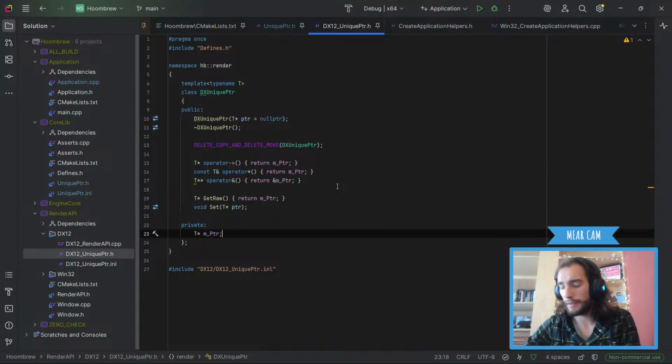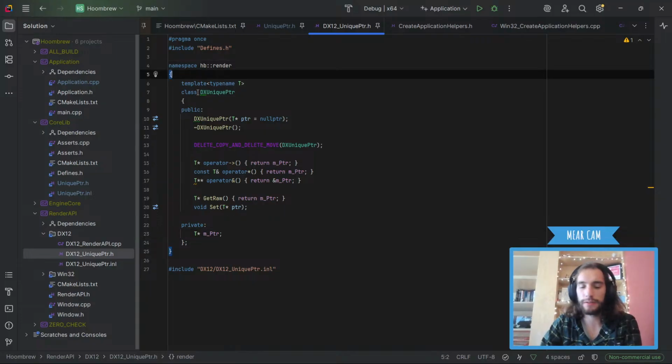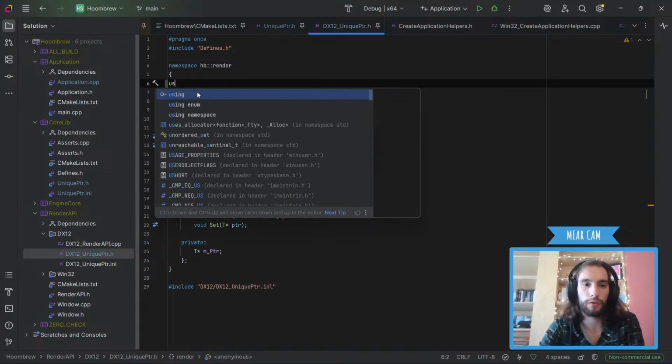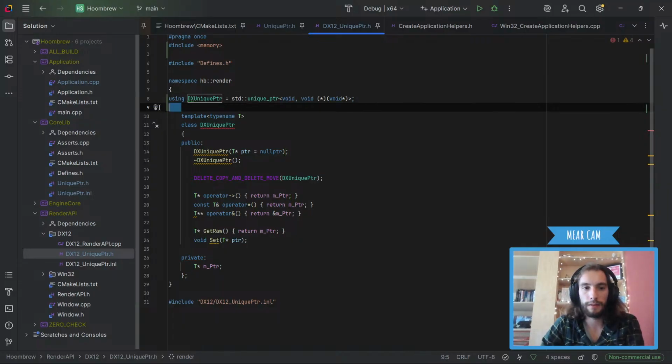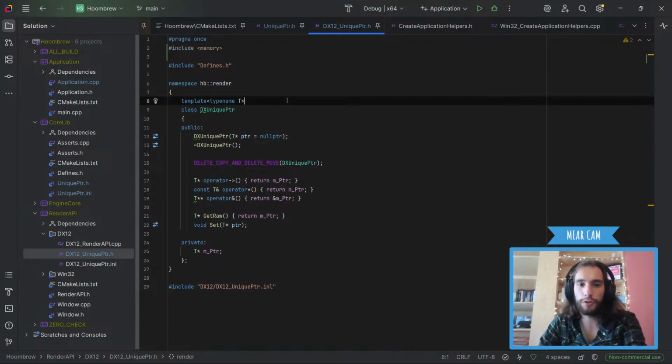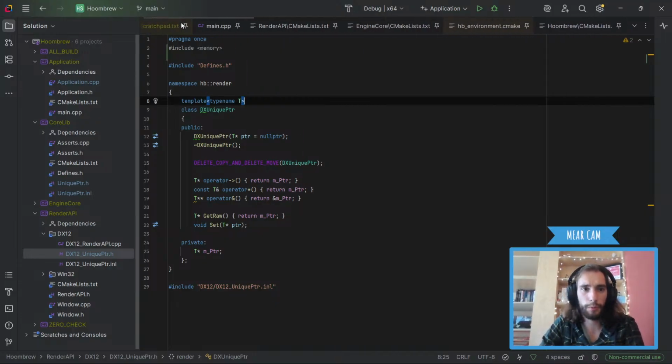And if we want to specify it a bit differently in the future and we do implement the deleter, then we can just make a using for it that says using DirectX 12 unique pointer is whatever unique pointer we want in here, right? That's also going to work, but that's not what we're going to do. We're just going to leave it as it is today. So that was point one.